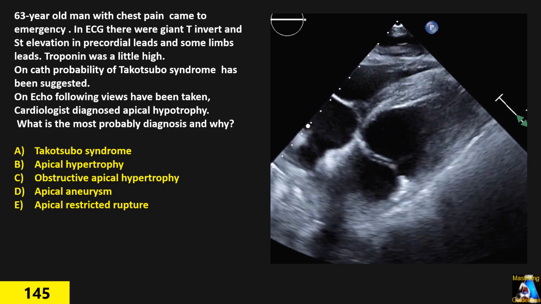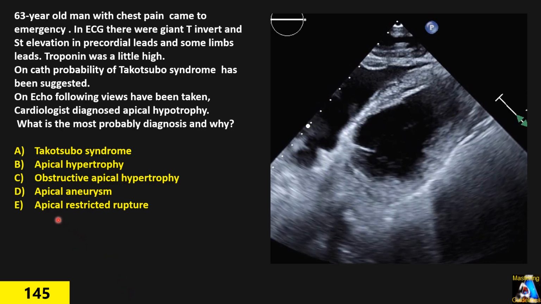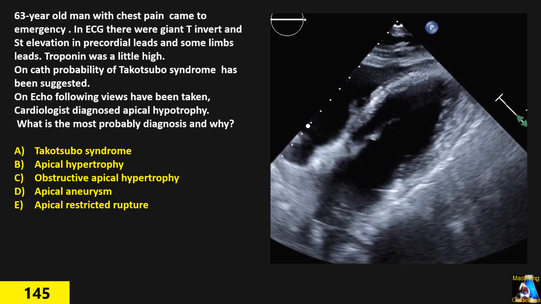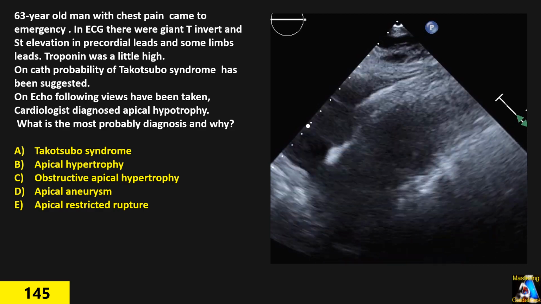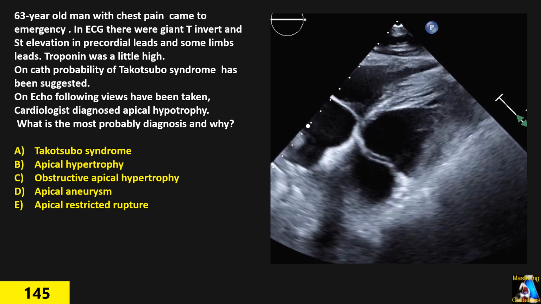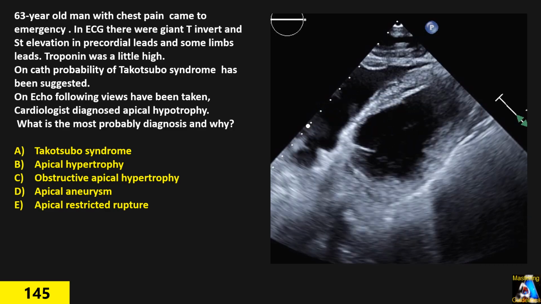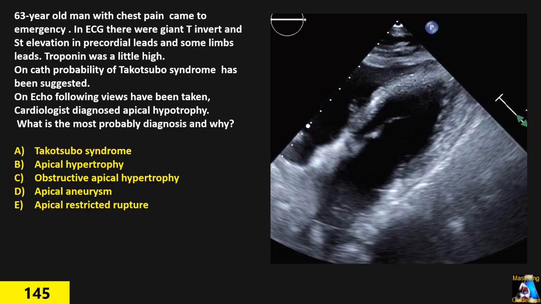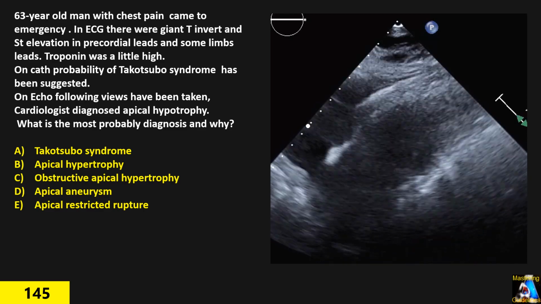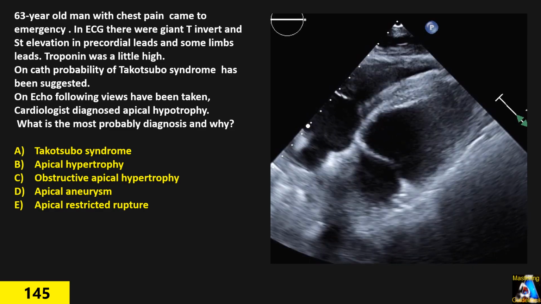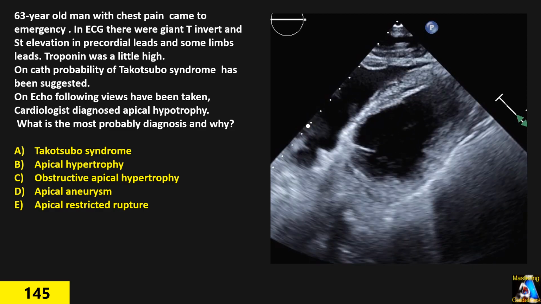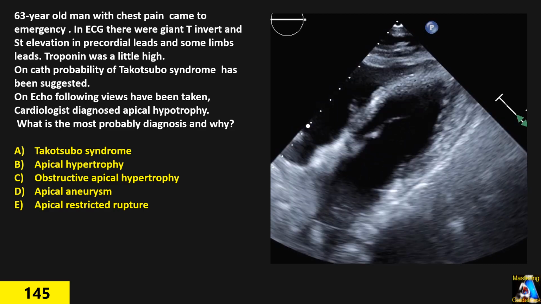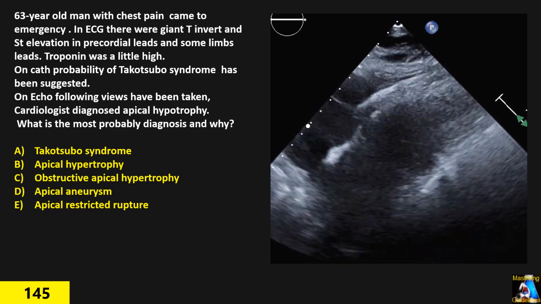Here was a 63-year-old man with chest pain, a typical acute coronary syndrome presentation, with EKG showing giant T inversion. When we say giant T inversion, it means the T inversion is more than 10 millimeters in the precordial leads, with troponin a little high, and so they did a CAT. In the CAT, the probability of Takotsubo syndrome was suggested, and then on the transthoracic echo with Definity contrast, we found